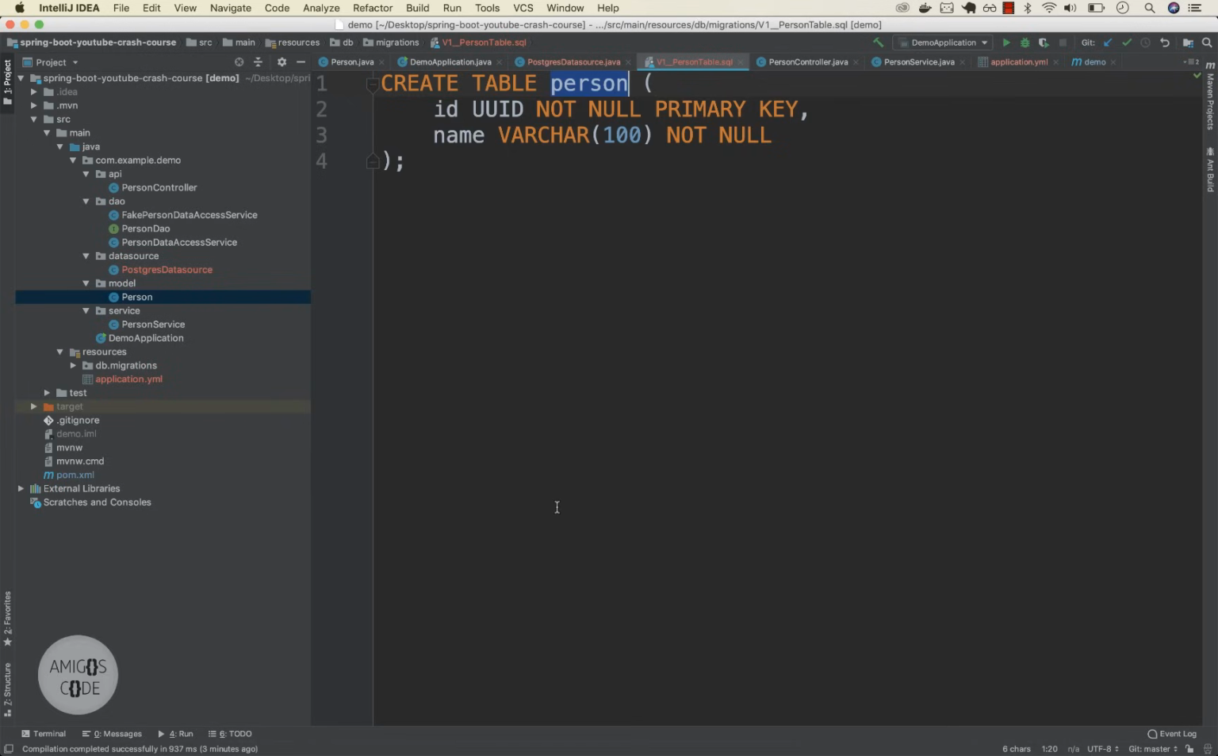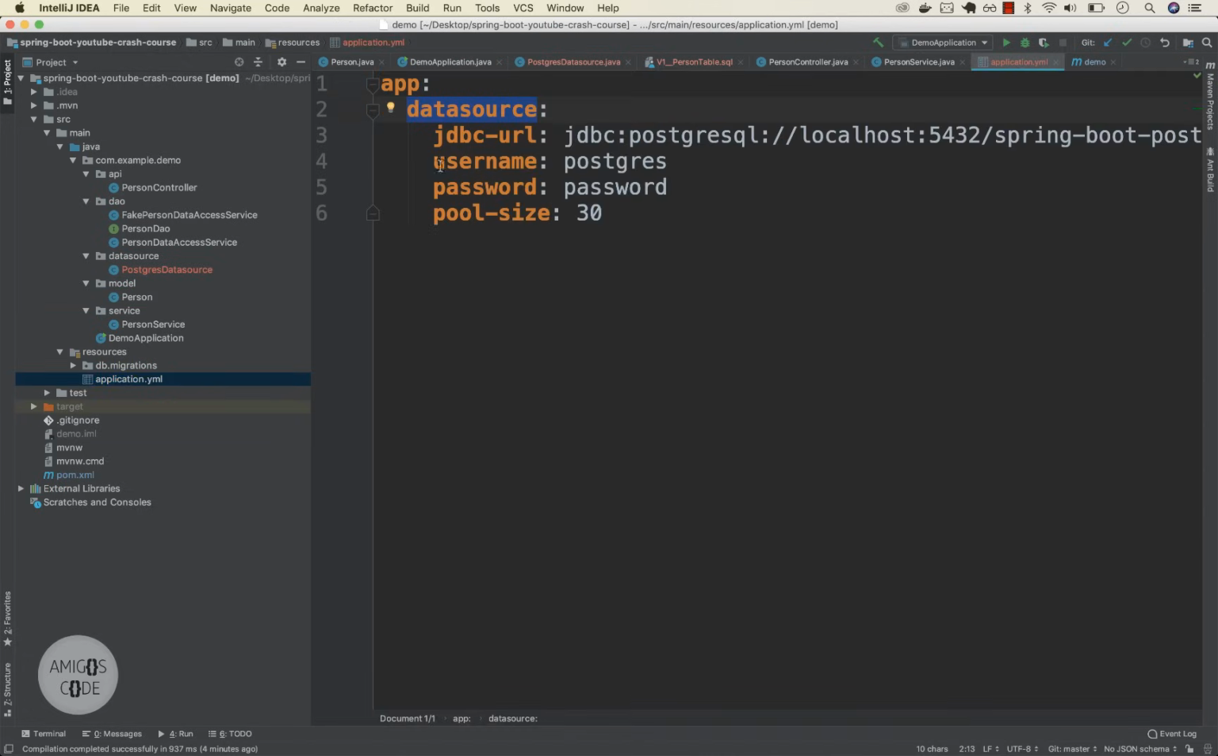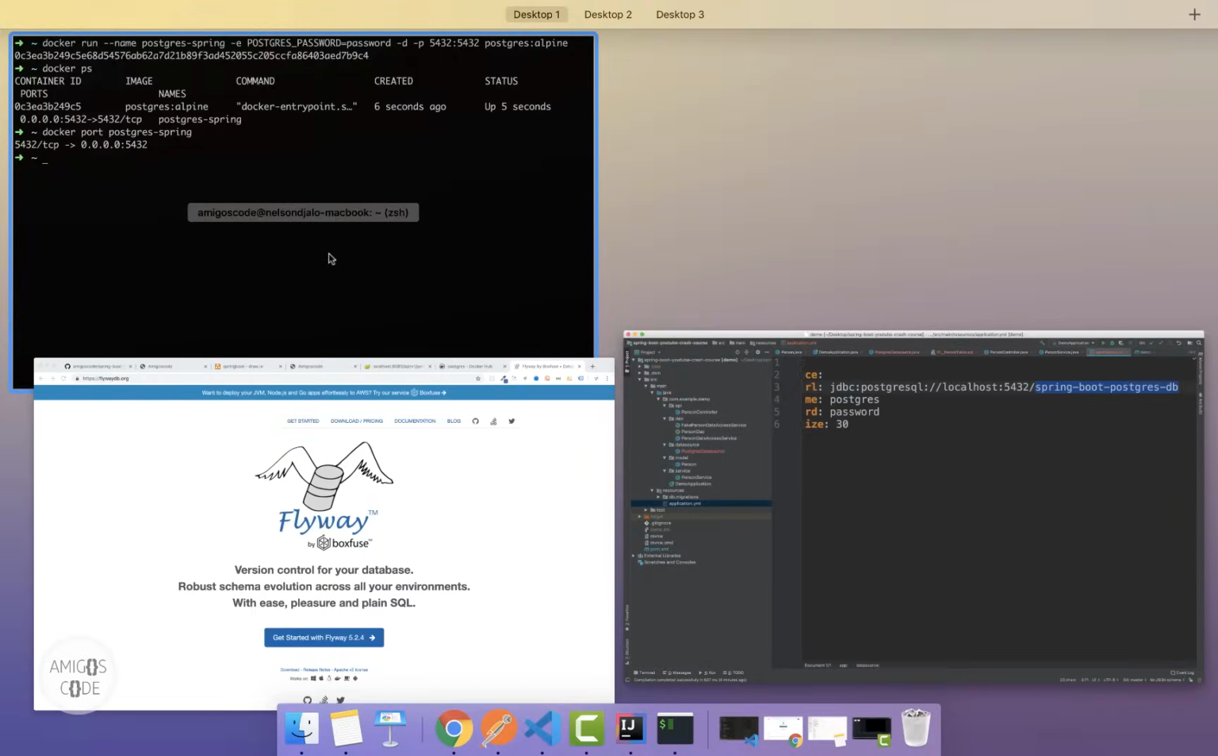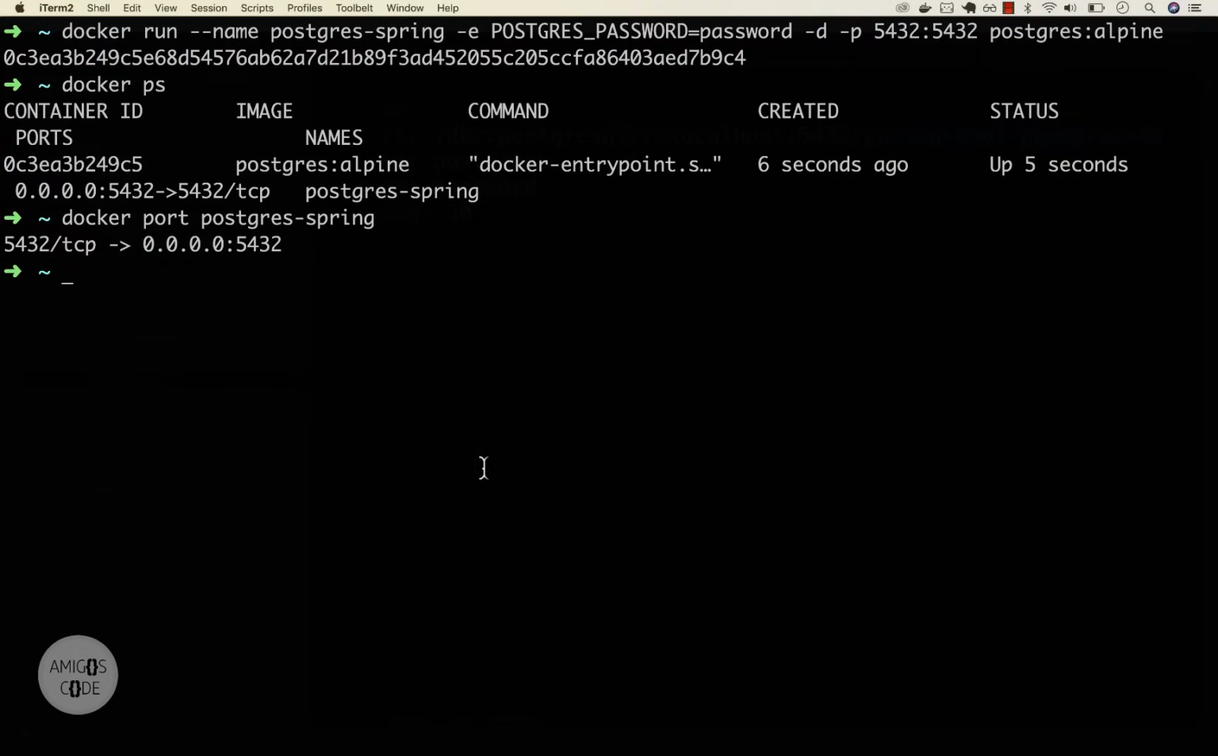So what I need to do now is actually go ahead and create our database. So if I open up the application.yaml, so remember, right here we have this database called spring-boot-postgres-db. So you can give it a better name, but I'm just giving this name so that you know exactly what we're doing. So what we need to do now is, if I open up the terminal,